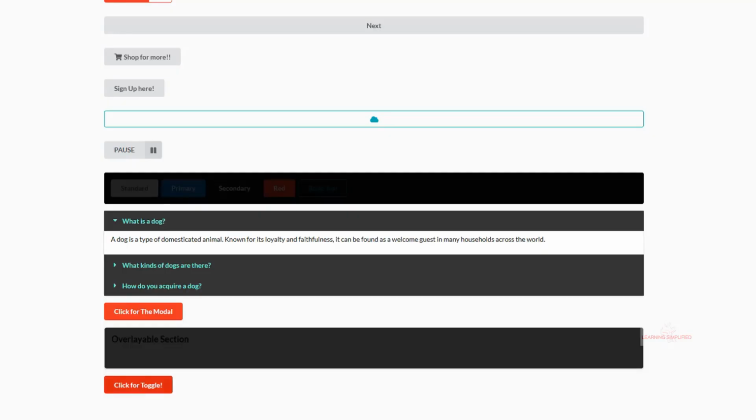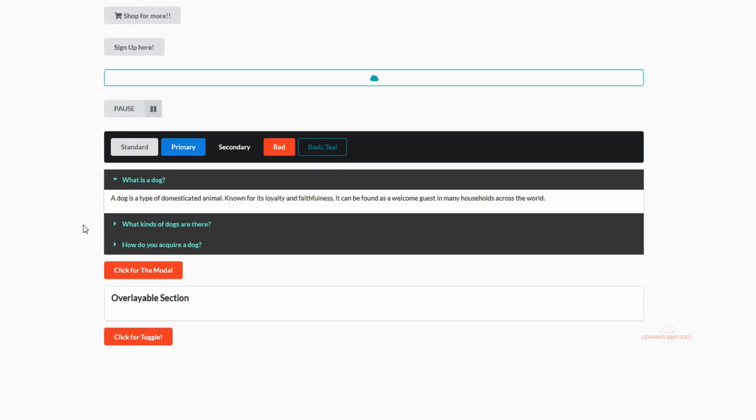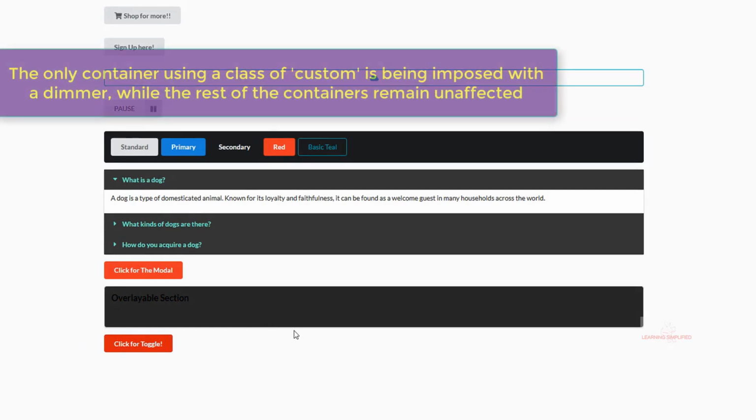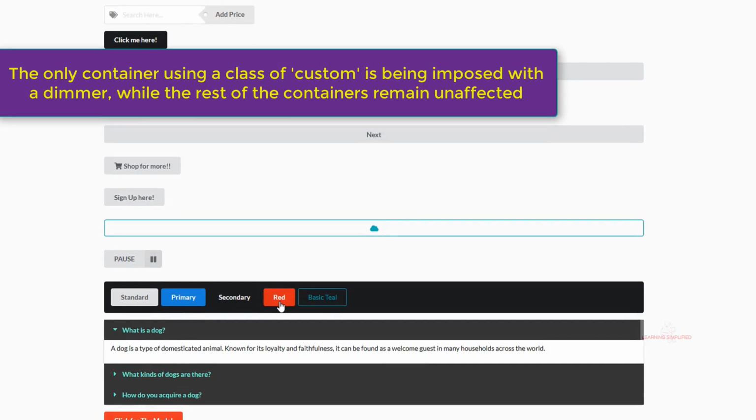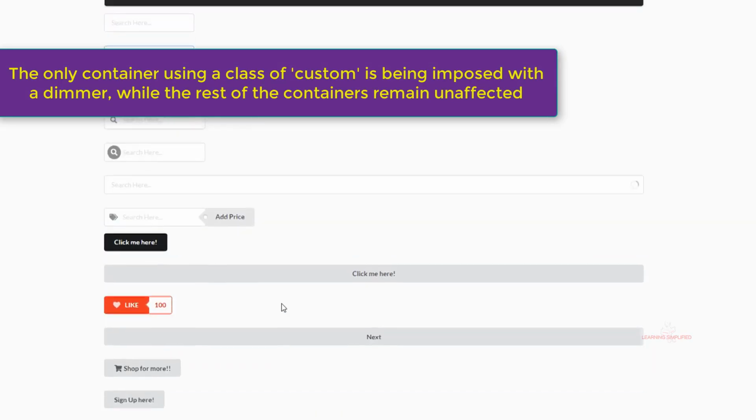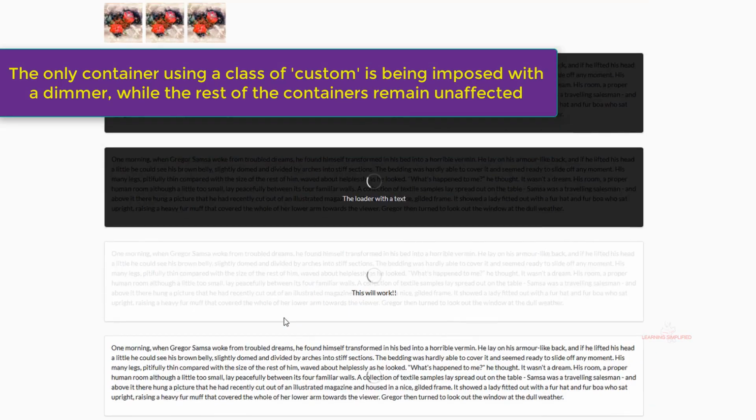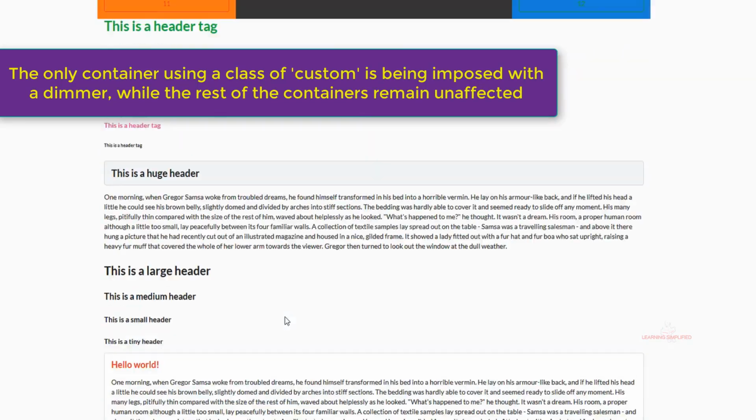Now if we press Ctrl S and head back to our project and reload, right now if we just click on this button, we can see that the bottom container element is getting an overlayable section, but other than this individual container, no other segment class which is being used by other containing classes is being affected.